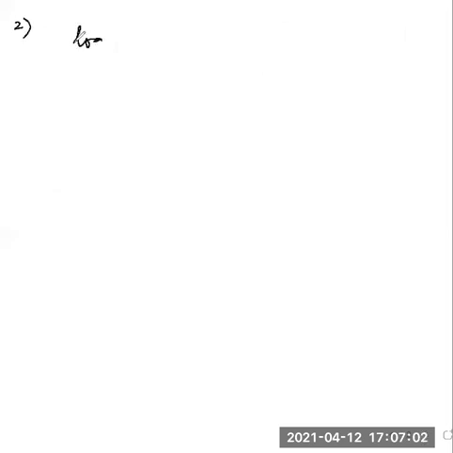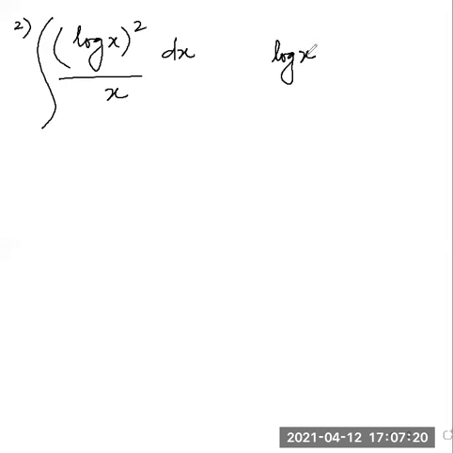Similarly, we'll do the second sum. It says log of x whole squared divided by x. We want to integrate this dx. Can you guess what we should do? What is the hint here? Let that function be equal to t, number one, which is difficult to integrate. Number two, the other quantity available in the expression should be the differentiation of that. Got it? Now, we let log x be equal to t.